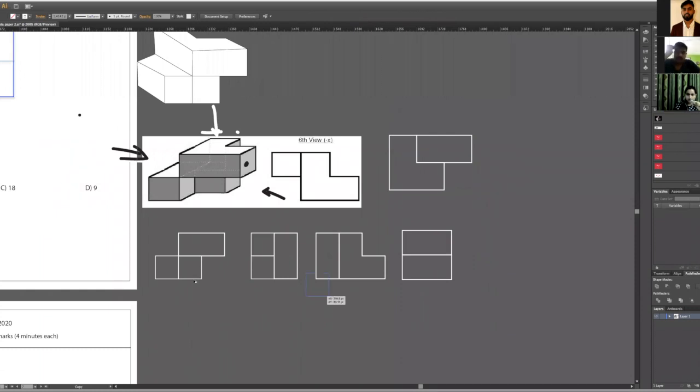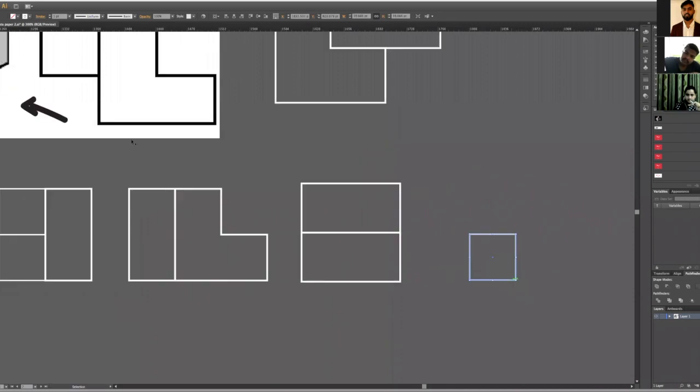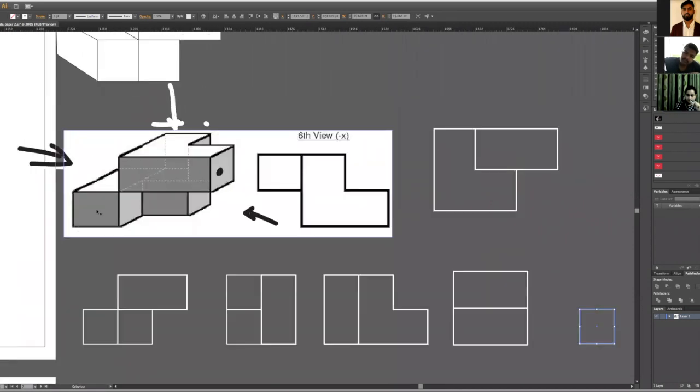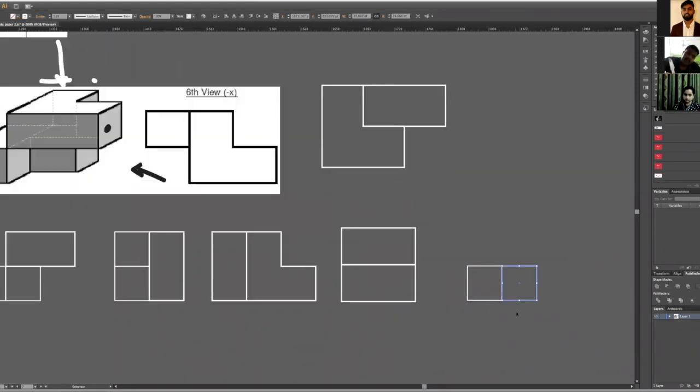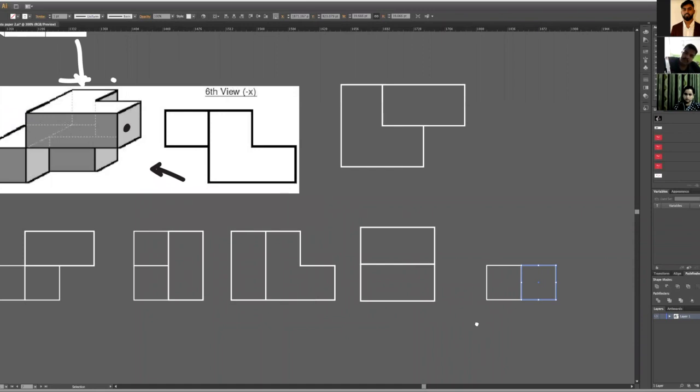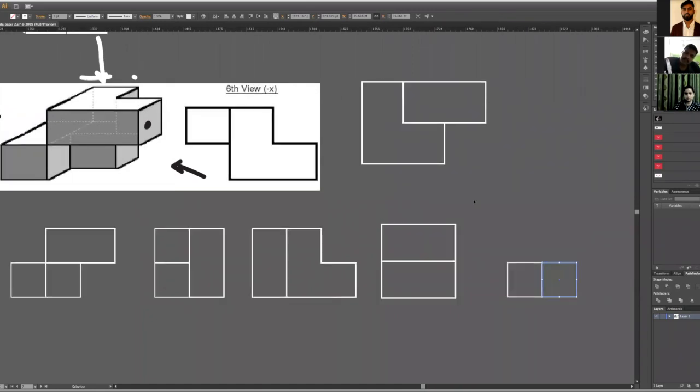Now let's make the last view, which is the back view. So from back, if I am able to see, this is nothing but the same thing. It will look like a square. I'm assuming that it will be the same only. Then this cube will come. Right now we will merge it later, but right now we are just fusing all the cubes. So this is this cube from back.